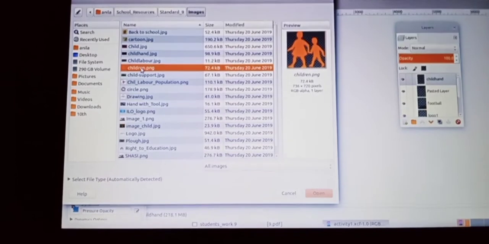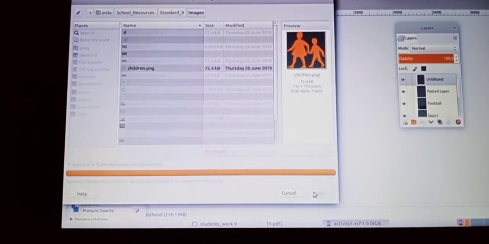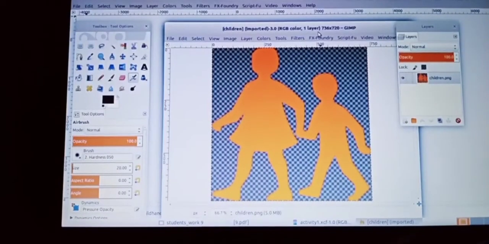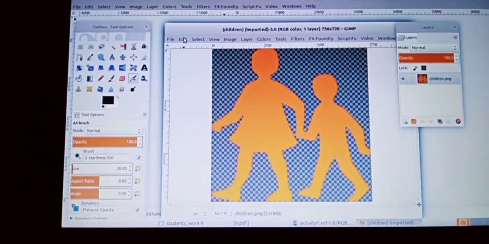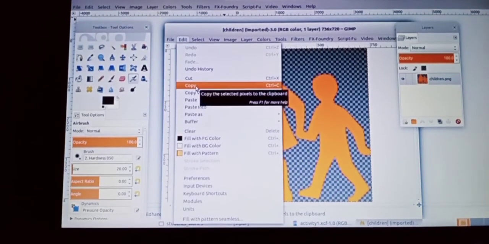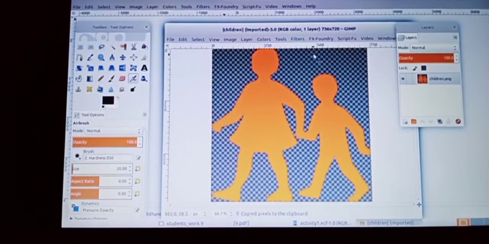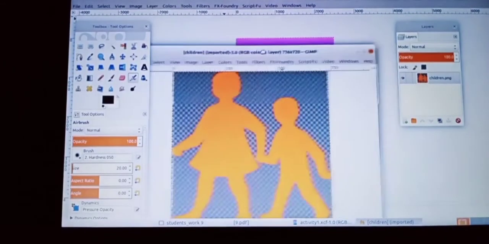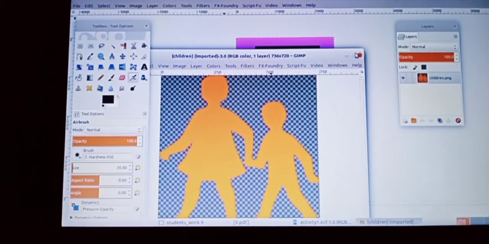Now I am opening children.png. Click on the Open button. Now the image is opened. So we can copy it: Edit, click on Copy. Now we can close this window because we don't need it for any further use.